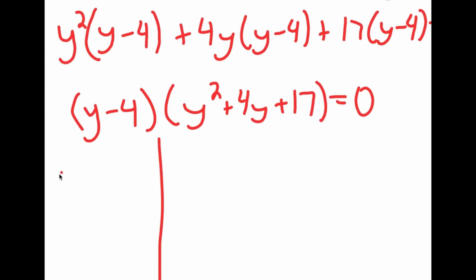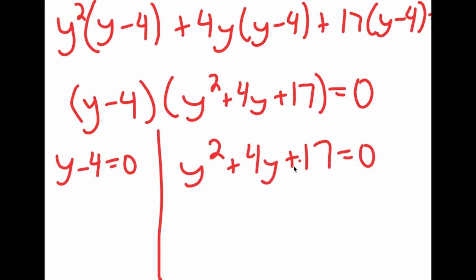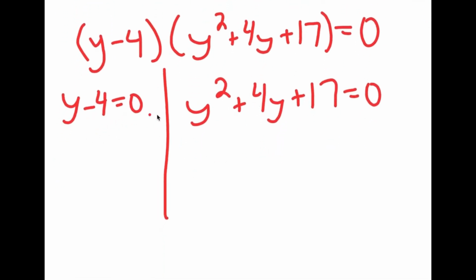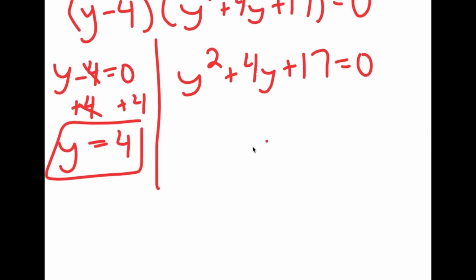And now this gives me two equations. I get y minus 4 is equal to 0, and I get y squared plus 4y plus 17 is equal to 0. So for y minus 4 equals 0, add 4 on both sides, and I get y equals 4. For y squared plus 4y plus 17 equals 0,